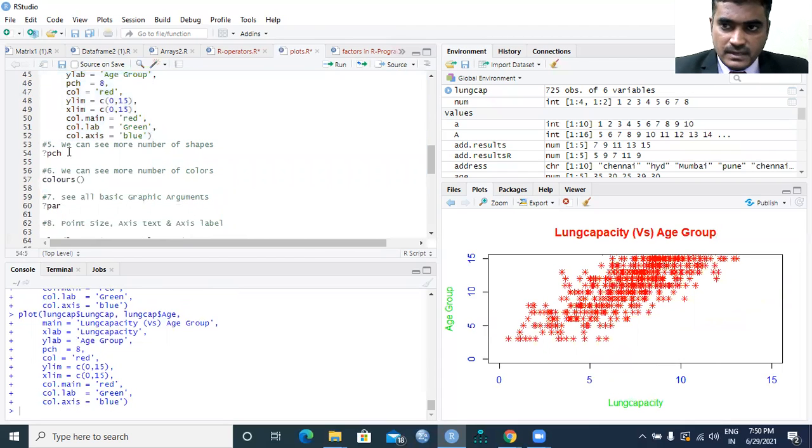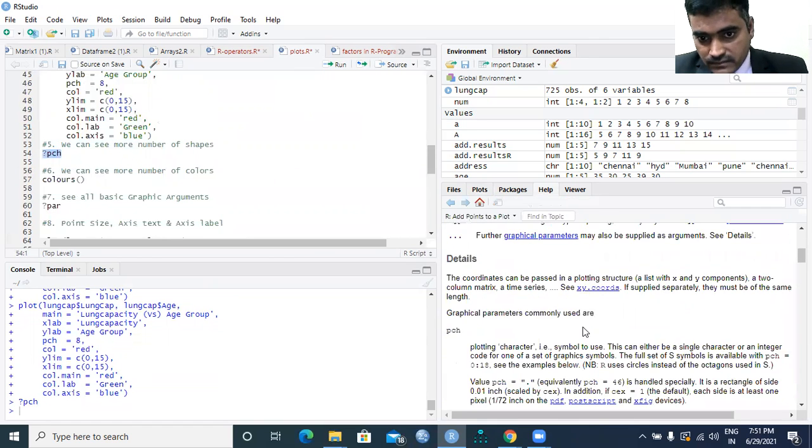If you have any doubt, just put a question mark and write that particular attribute, PCH. You can see the numerous parameters related to that attribute. You can check many parameters and colors.